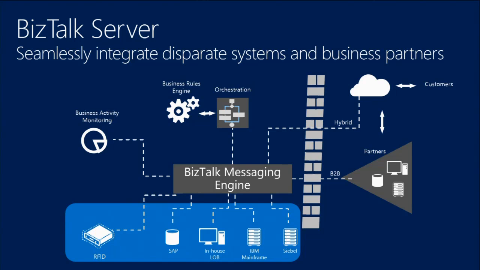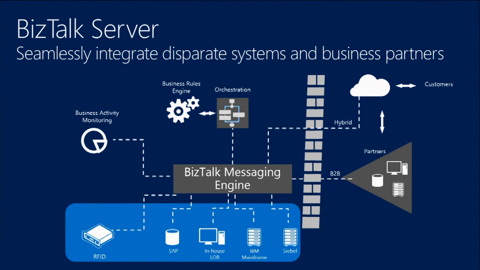A post office knows that it's delivering something, but it doesn't really know the contents of what it is delivering. It knows from whom it received, it knows to whom it is being delivered, and it knows the package name, but it doesn't know what's inside the package. That's pretty much how the BizTalk messaging engine works. It has information about from what source it received and to what destination it is delivering, and it also has information about the type of data. I don't know what the data itself is. So that is the messaging engine.